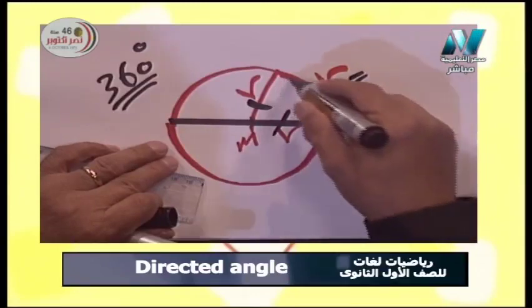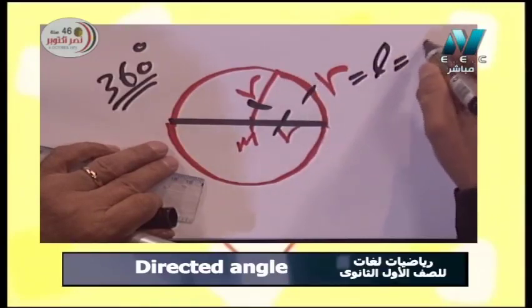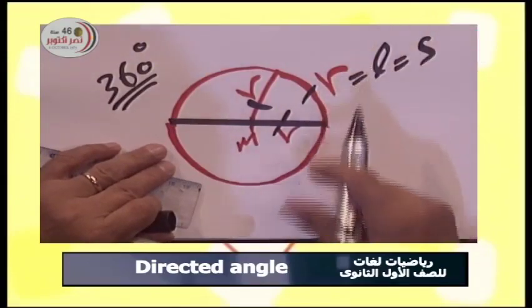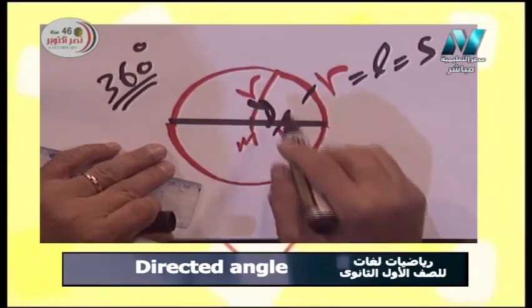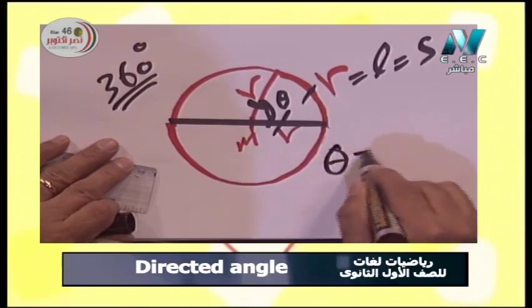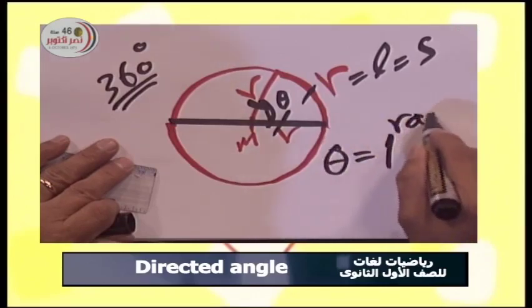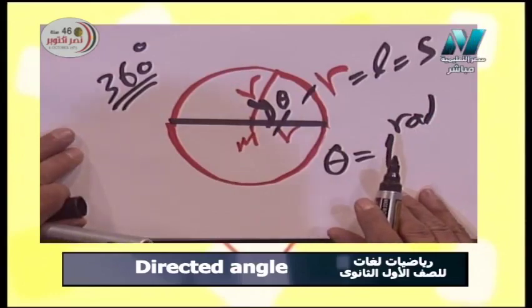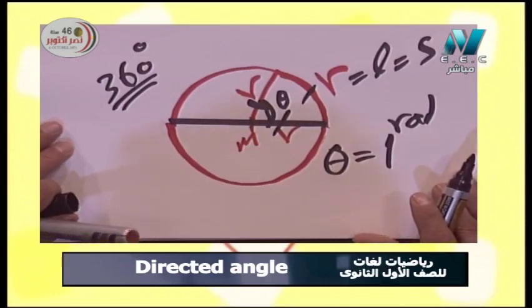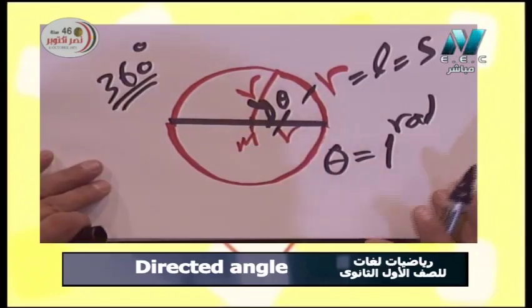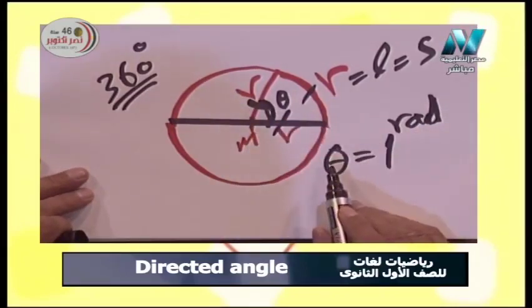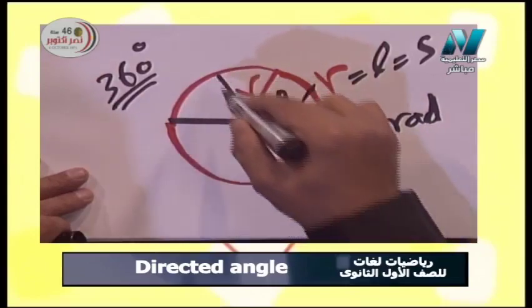We call this arc L or S. So S equals L equals r. Then this angle we call theta in rad. Theta here equals 1 rad. Okay, so we have another method to measure angles, which is rad. This is theta rad or 1 rad, okay, and 2 rad, 3 rad,